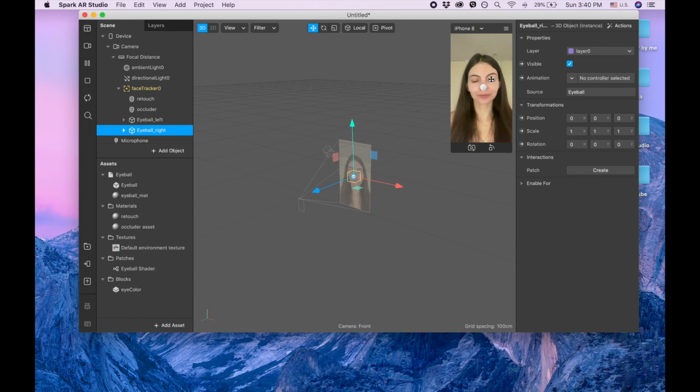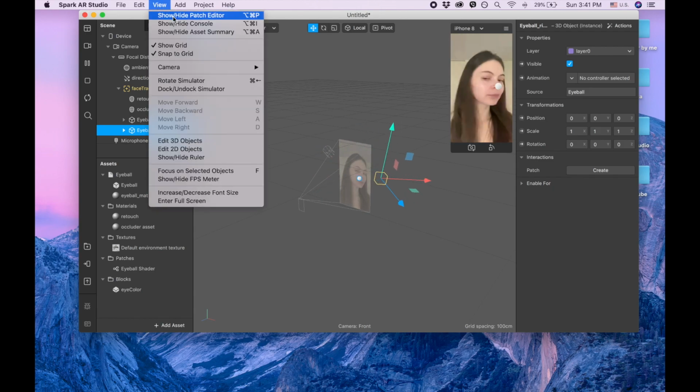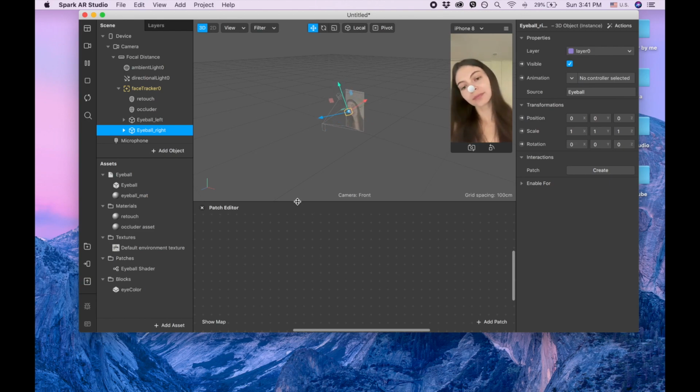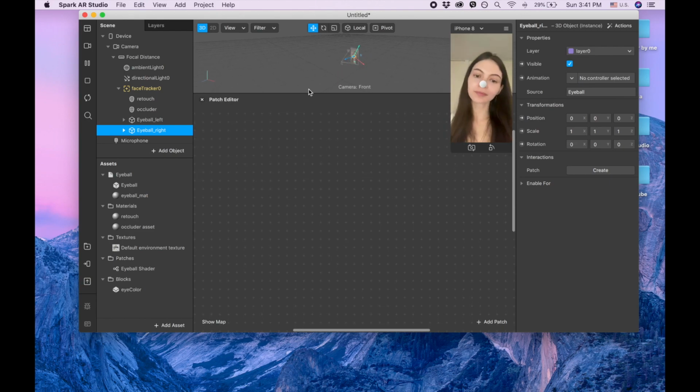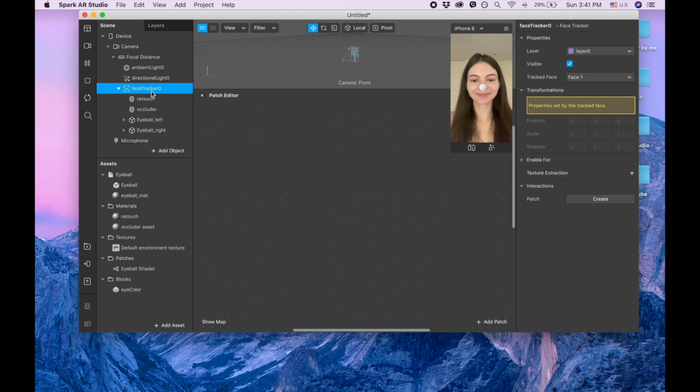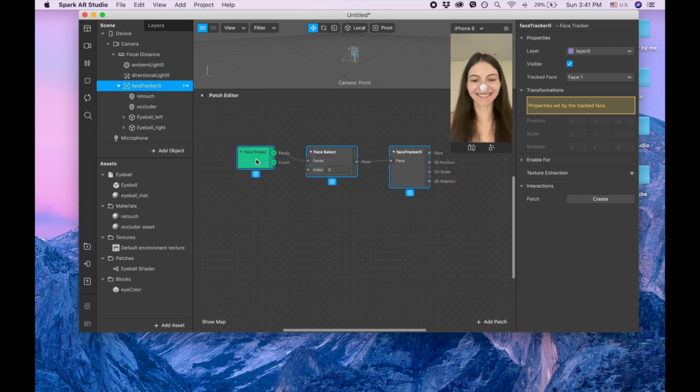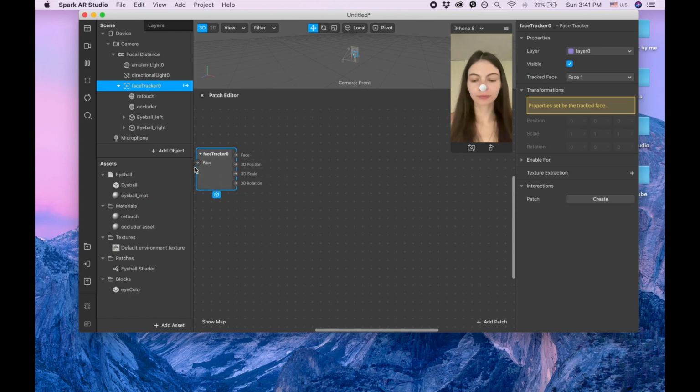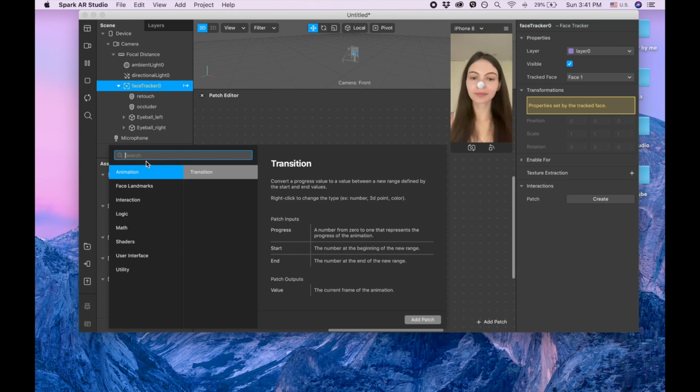So we have these eyeballs here, but we need them to be on our eyes. So we're gonna go to our view, show hide patch editor. I'm gonna resize it, and I'm clicking on face tracker and just dragging it here. I'm gonna hide that part because I don't really need that one, and I'm just gonna leave this one. So from the face, I'm dragging and letting it go, and then I'm searching for